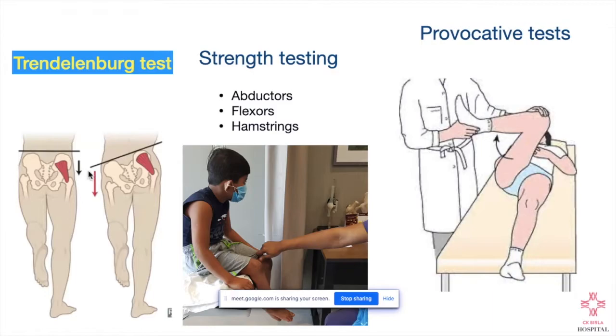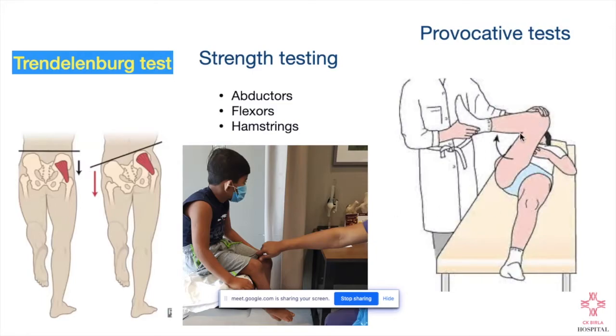Then strength testing is very important. Examine for strength of all muscles. This is more important for cerebral palsy cases where you only look for spasticity. We know that yes, the child is spastic, but it is more important to look for the strength, because if the child is very spastic and to reduce the spasticity you lengthen the muscle, and the strength is anywhere around 3, the child will anyway after lengthening come down to 2. Then the toe walker will go away, and it will become a crouch gait. So it's very important to assess the strength as well.